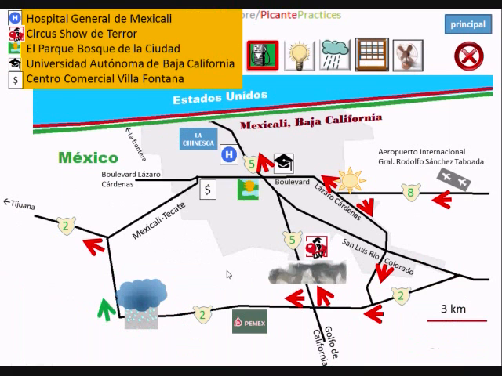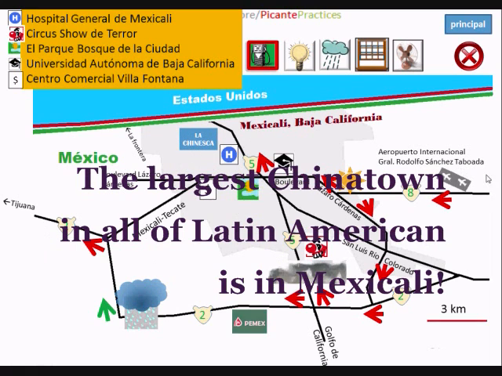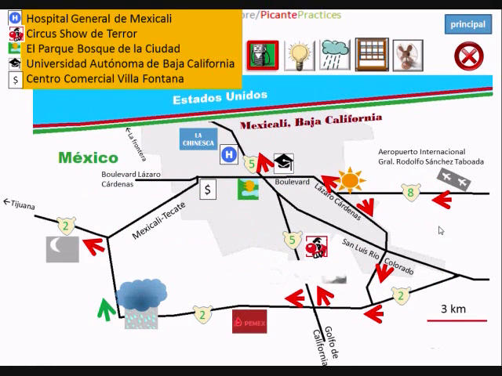Finally, the third activity is kind of like my GPS simulator in that it's an interactive map. This is a little more advanced, though, than the GPS simulator in that there are also obstacles or stimuli along the way. So let's take a look at one path. Let's say that you want to go eat some Chinese food in La Chinesca, and all navigation starts from the airport. You've landed at the airport in eastern Mexicali, and you get in your car and you start going west. So you click on this first arrow to go west,